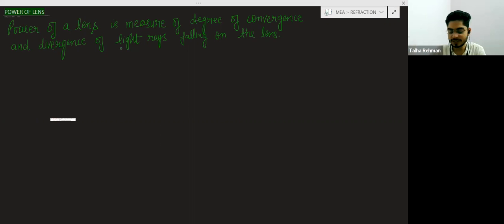I have discussed that when the parallel rays are passing through the convex lens, the light rays after the refraction converge at a point called focus, and when the